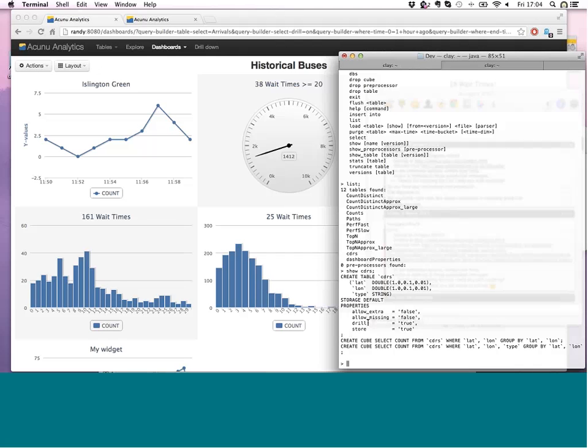So what we do then is we create this table. We say these are fields which we're interested in. There's also a type there as well. And we say create cube, select count, where lat, where long, group by lat long. So what that's doing is saying, create me a set of buckets across these latitude and longitudes, and also be able to group by them. So what that really means is that I want to be able to ask queries across